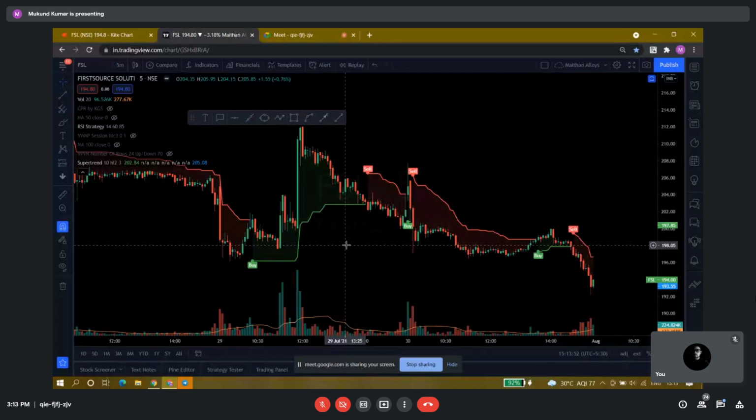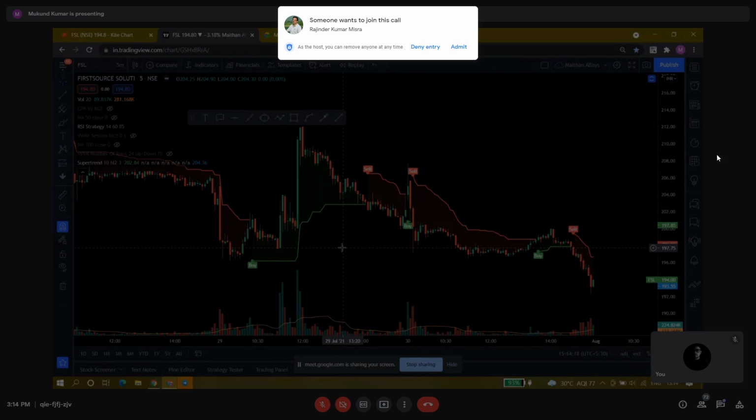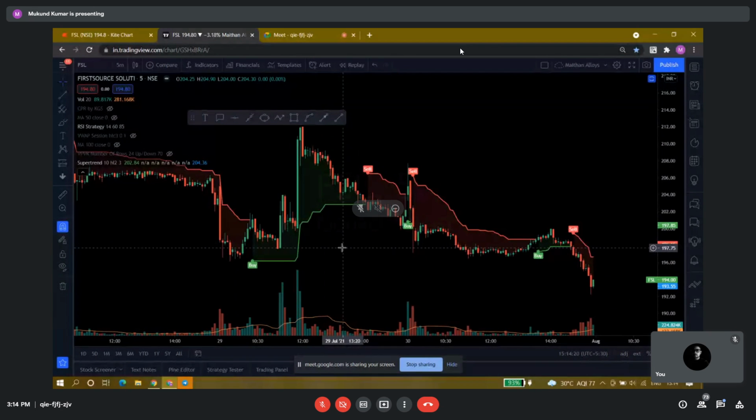So in case of intraday trades, we will use this 5 minutes chart, and nothing will be different. Everything will be the same as explained in the video itself. So I think there is nothing more to explain on this intraday setup. We will use the same logic, same concept. The only difference is that we'll use the 5 minutes chart after the trade has been executed. So basically, we move to the query and answer session. One by one, you can ask me your queries, and I will try to explain.